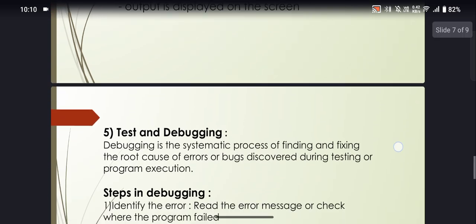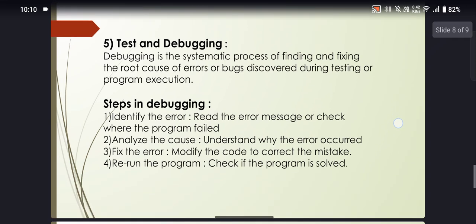The fifth step in this process of programming is testing and debugging. Debugging is the systematic process of finding and fixing the root cause of errors or bugs discovered during testing or program execution. The steps involved in the debugging: first one is identify the errors,